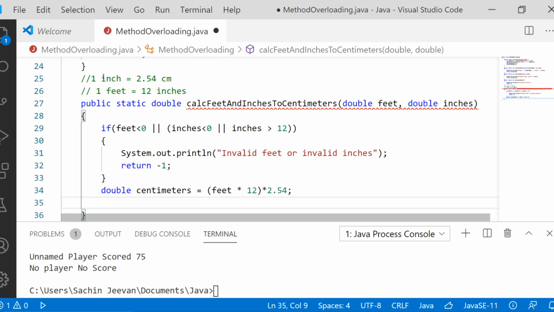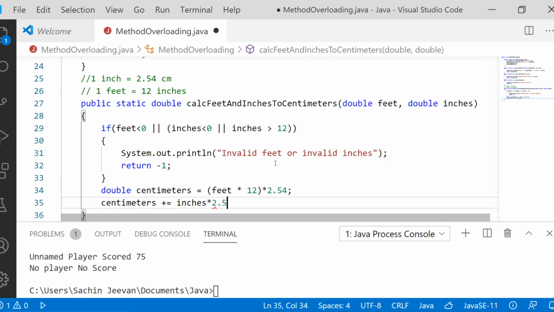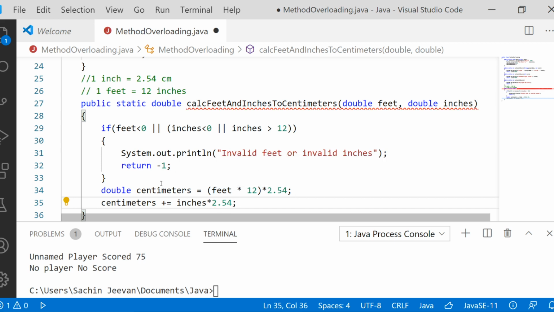That we have direct conversion. 1 inch is equal to 2.54, so 5 inches is 2.54 multiplied by 5. So similarly, centimeters plus equal to the original inches multiplied by 2.54. Now feet is converted to centimeters and inches is converted to centimeters, and both are added in the variable centimeters.